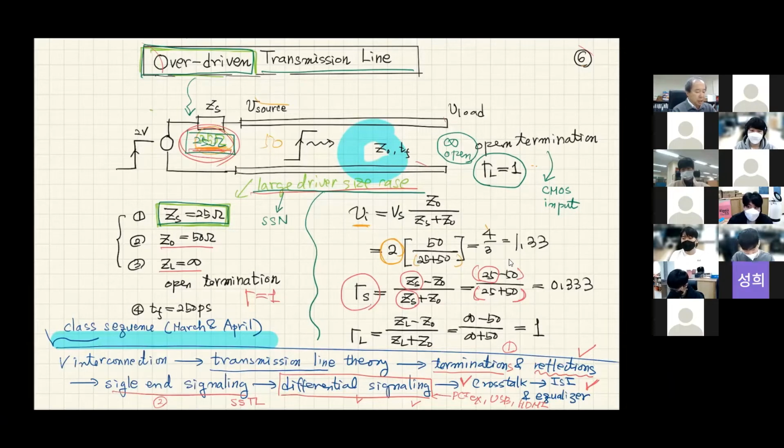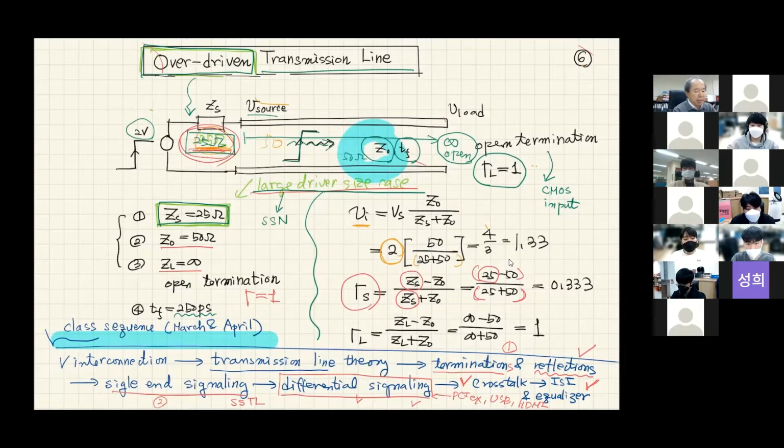And first, flight time from source to load is being assumed to be 250 picoseconds. And I'm assuming that the transmission line impedance will be 50 ohm. When we are applying 2 volts, we are assuming that the source voltage is 2 volts and we switched on the transistor, then suddenly we will generate a voltage step at the source side, and it will be propagating along the